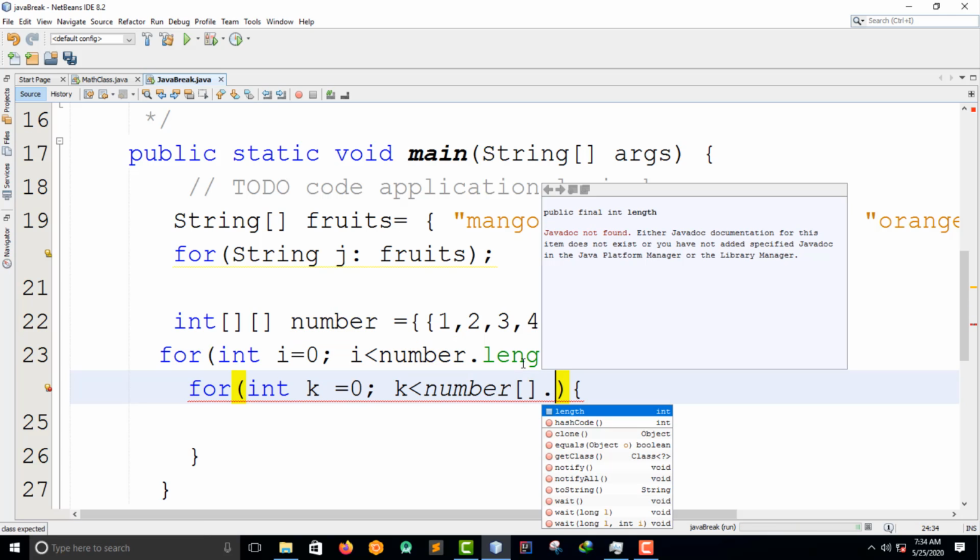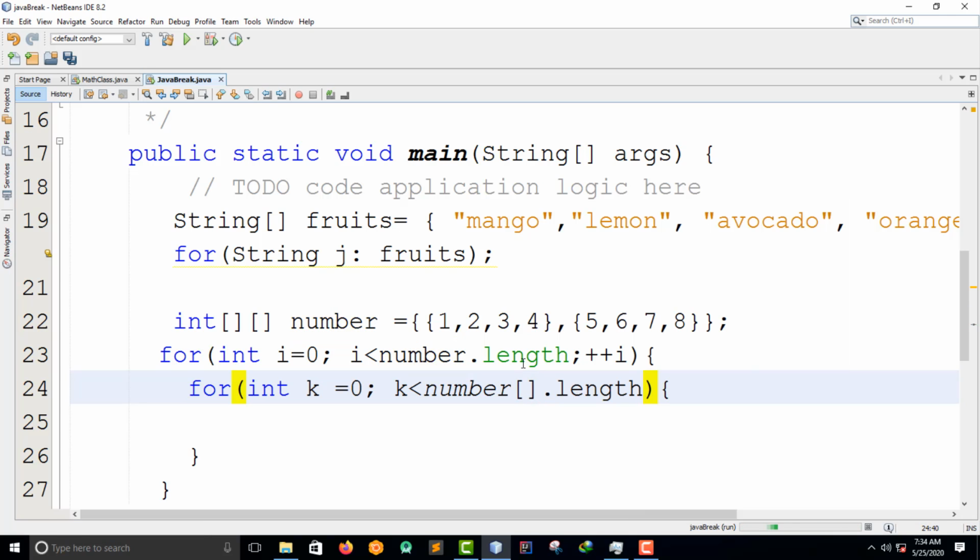So dot length, you want to check the number of the arrays that we have. The first one was to check the number, and the second one was to check the number of arrays. So we must put the pre-concatenation. So this one is k.